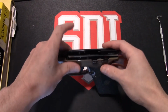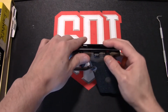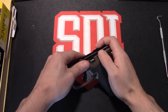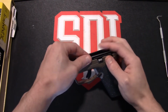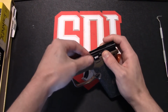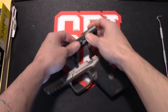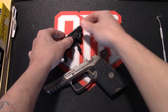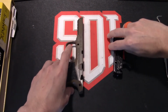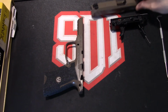So when we're doing this, we're going to want to try to hold on to all the little pieces that are located on the sides, so that way they don't fall out. So we're going to want to click the safety into fire, and then slowly bring it up. Just put tension on your fingers on the sides. And there we go, we didn't lose anything. Perfect. And there we go, we get the fire control group,